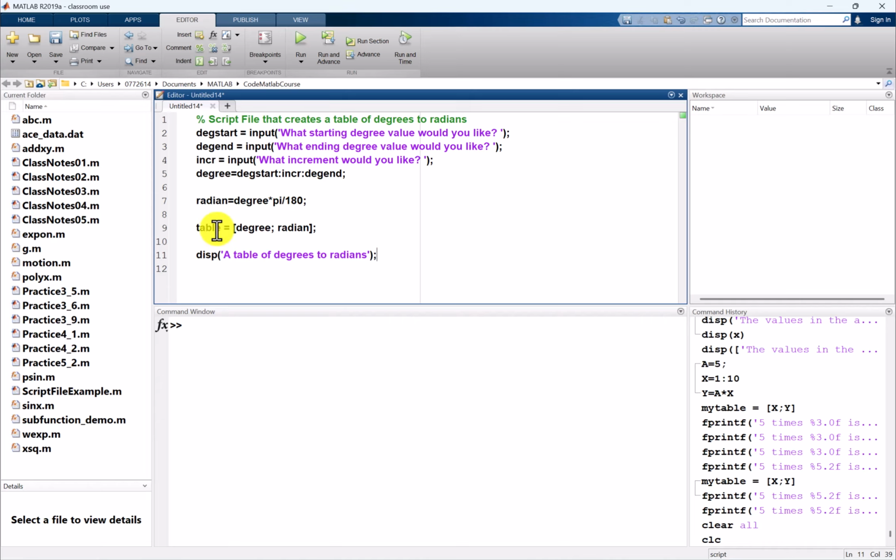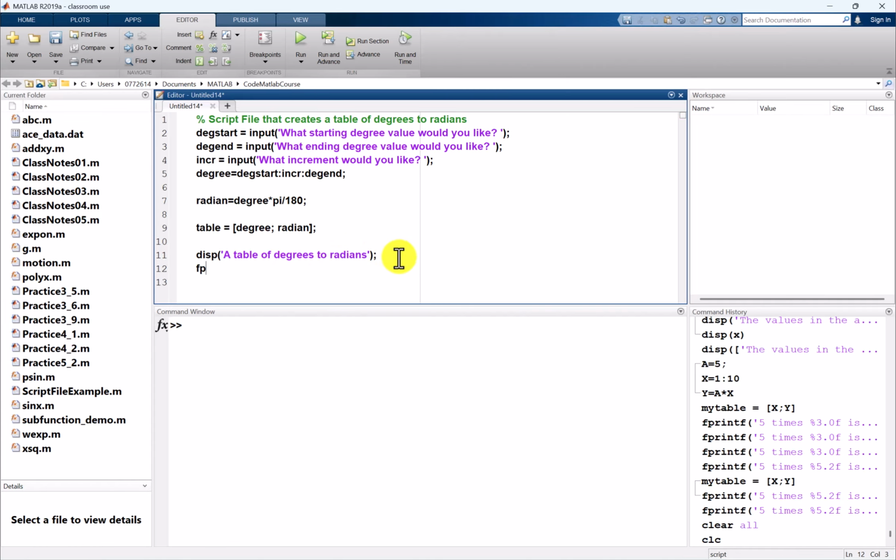So we used the input function. We took those data and used the colon operator, making sure I didn't have any errors. I'm converting that. I'm creating a table with both the input degrees and the output radians that we computed. I'm going to use the display to give it a header, a table of degrees to radians, and now we're